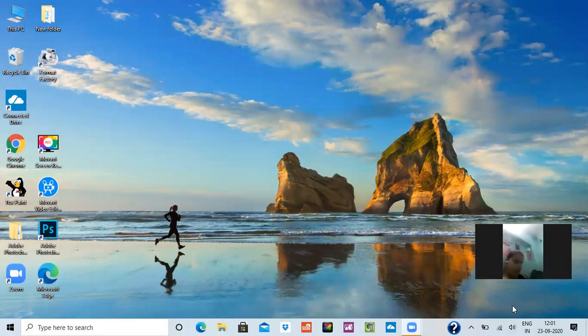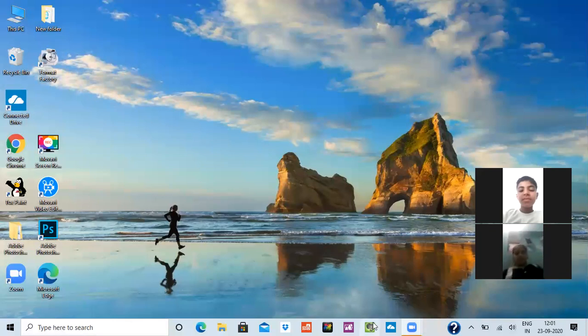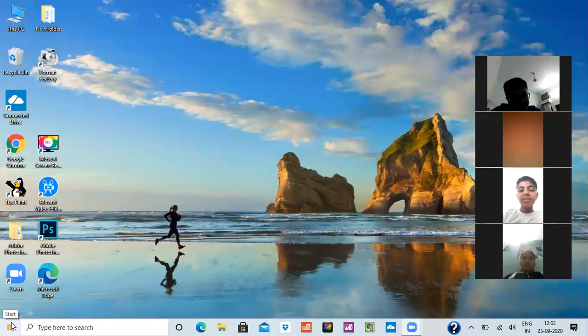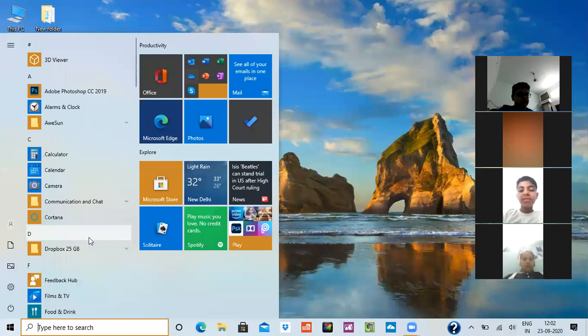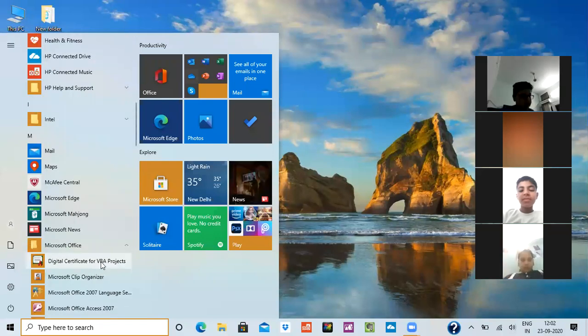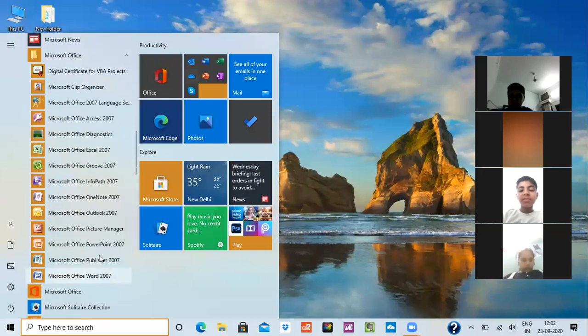Okay, so now editing text in Word 2010. That is, we will be studying MS Word today. First of all, I would like to tell you the proper way to open MS Word. You have to click on the start button. See, this is your start button. You have to click on your start button. After that, you have to go to Microsoft Office, and after that you have to click on Microsoft Word.